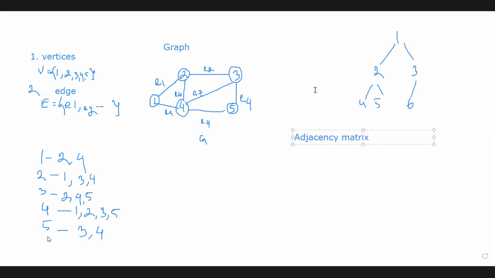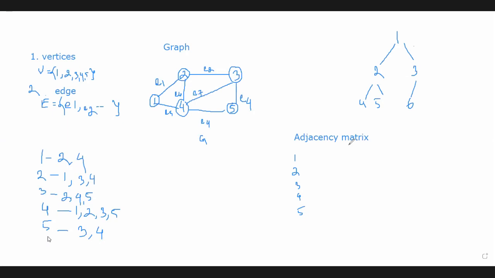So look at this graph. In this graph, the number of nodes or vertices is 5, right? And the name of this matrix is adjacency matrix. That means we have to find out for each of these nodes, 1, 2, 3, 4, 5, what are the adjacent nodes. Okay, we already have this adjacency list. Okay, so now this is a matrix.